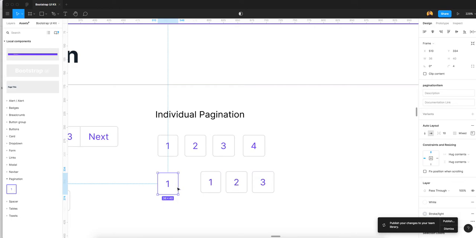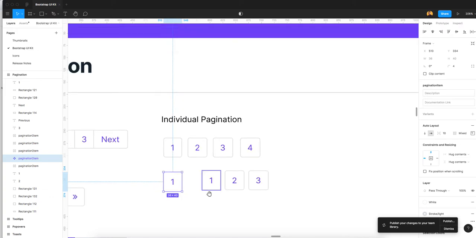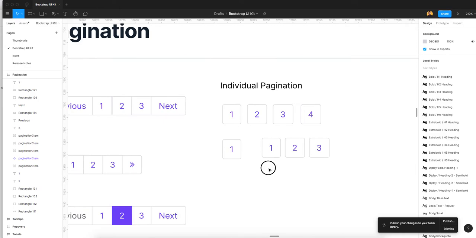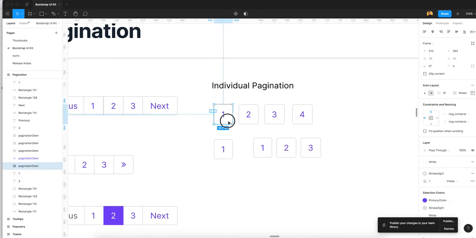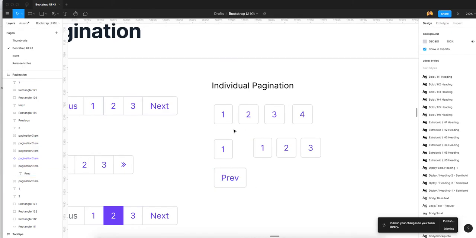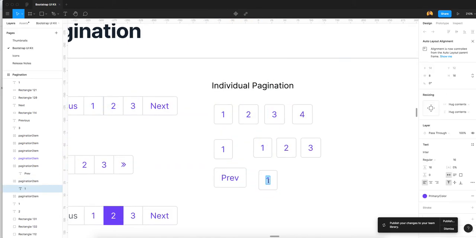So we created one element, individual, as a pagination item. Now we need previous and next elements as individual items. So we just duplicate this pagination item and name it previous, and we duplicate it again and name it next.